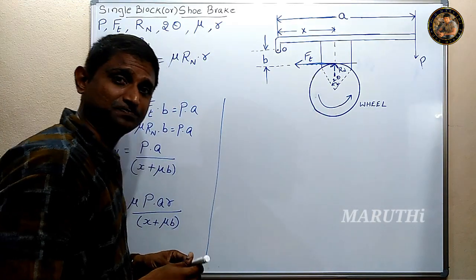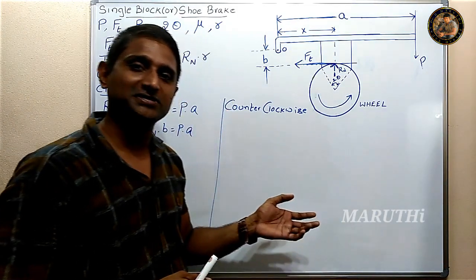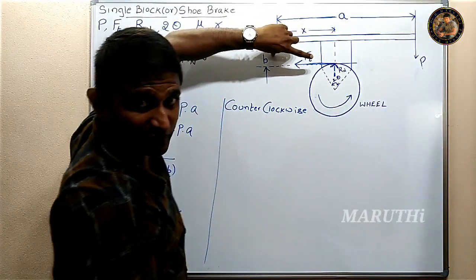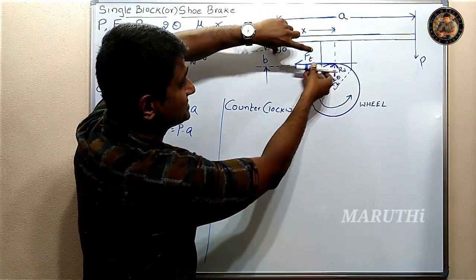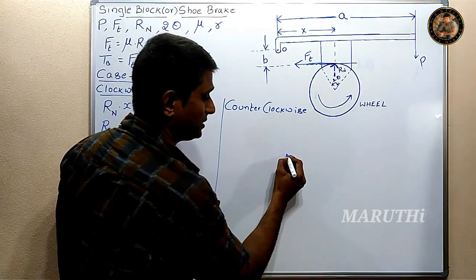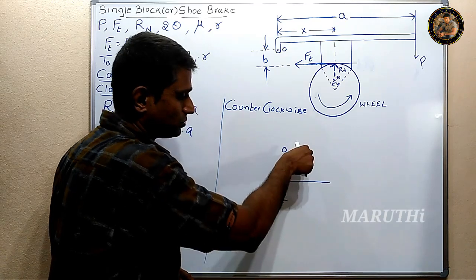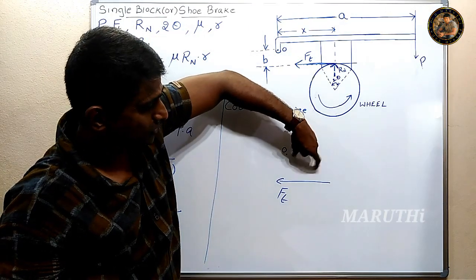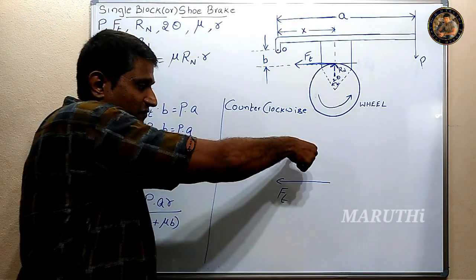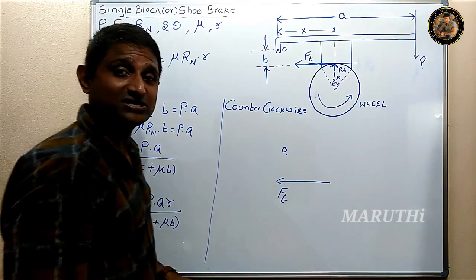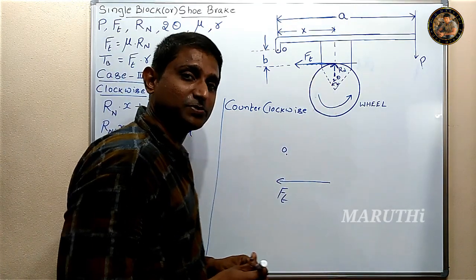Is the friction force. Okay, again applying the equilibrium condition, take a moment. So this is a fixed point, P is downward, clockwise moment, and Ft is here. So observe carefully. Now this is the fulcrum, this is the line of action of Ft. So this is fixed and it is moving like this. It is also clockwise and counterclockwise because of Ra.